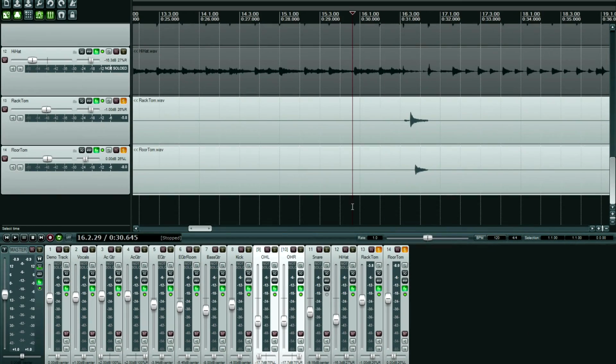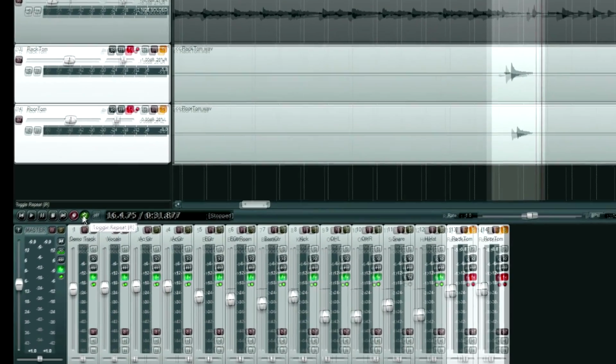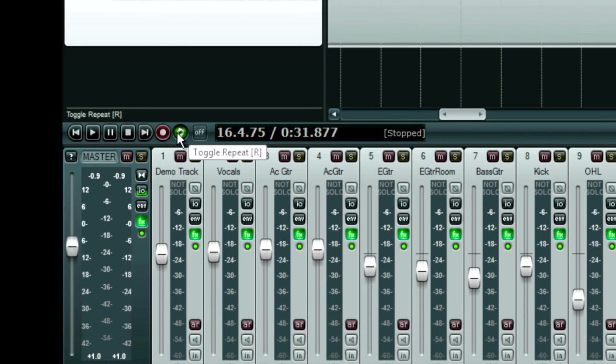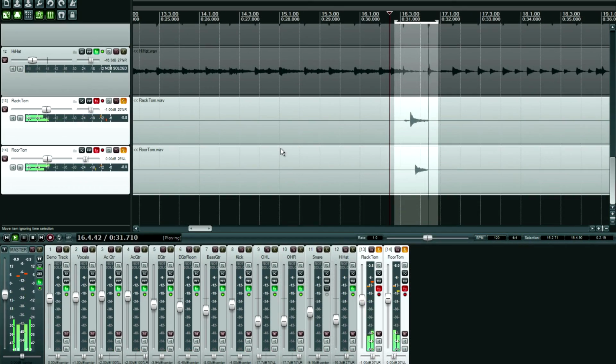Still not a perfect sound, but better than it was before. So here's what they are without the EQ. By the way, the way I normally get tom drum tone is by selecting this, putting my repeat button on. Actually, it's already on because that was the last thing I was doing before I made this video. Normally if you have it off, it just keeps playing, but if you turn it on and have this portion selected,